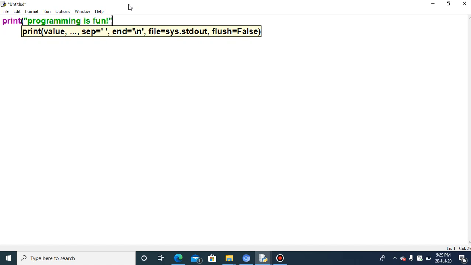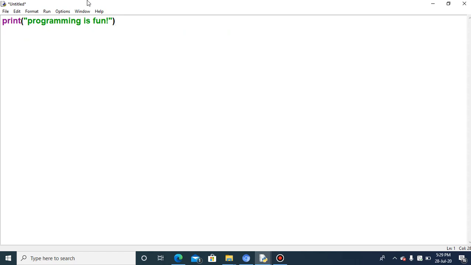This I want to display. First of all, the prompt will not come. The >>> symbol will not come here. And as soon as we press the enter key, the cursor will simply move down. It will not give you the output. Why? Because what you have written should be saved first.